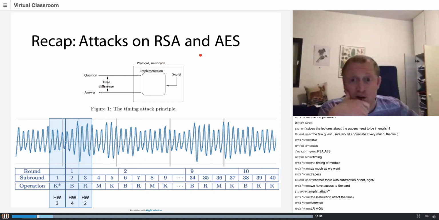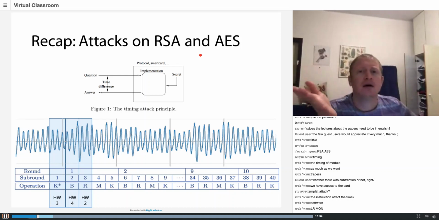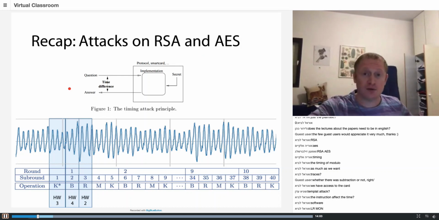And now one last question I have for you. If I was an attacker doing this attack, and imagine that you're now writing a program that does this attack, what would be the data structure you would use to store your traces? So this is the traces. Would it be,